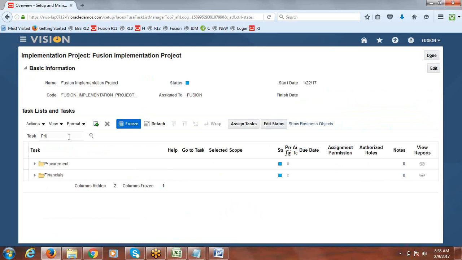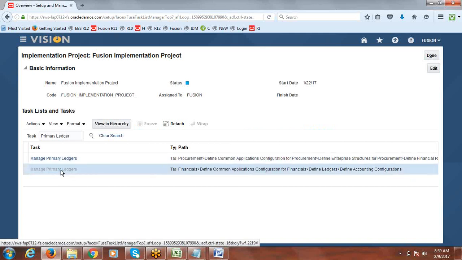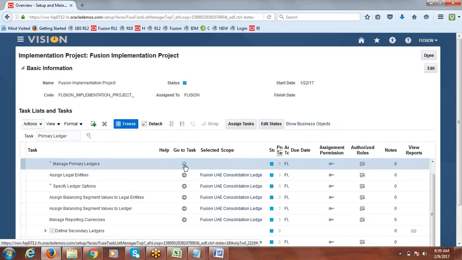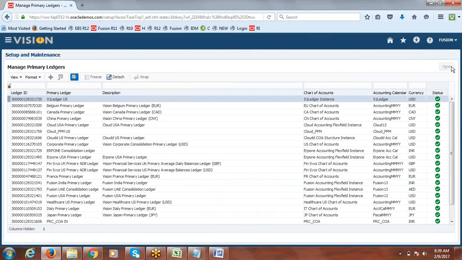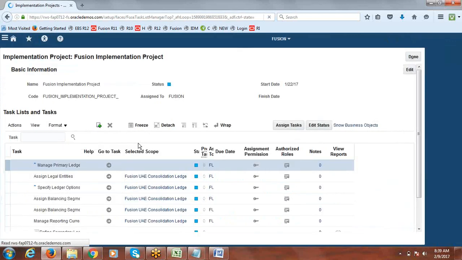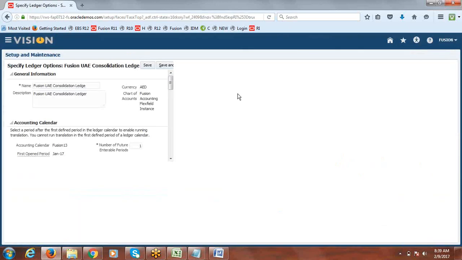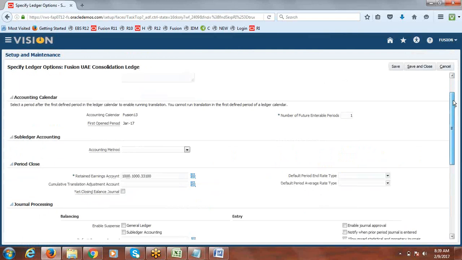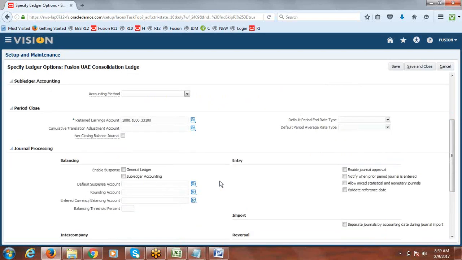We'll just go and enable the suspense. Say primary ledger. Sorry, yes, ledger options, specify ledger options. Just go to consolidation ledger options. Let's say if there is any unbalanced entry, it should allow it by taking the account called suspense account, just to complete this process.